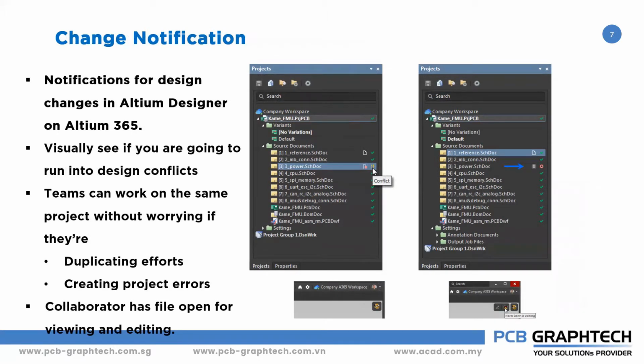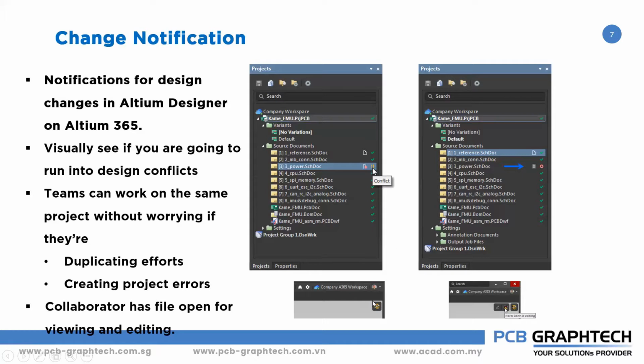When 3 members are working at the same time on the same document, the first person doing some changes will be able to see the save log that he is editing and making changes in the design. The main important thing is that all the collaborators within the same managed project have the ability to edit the project, because in Altium 365 they are all under the same version control. So they can make changes and see all the information like conflict, log, save options, all this.